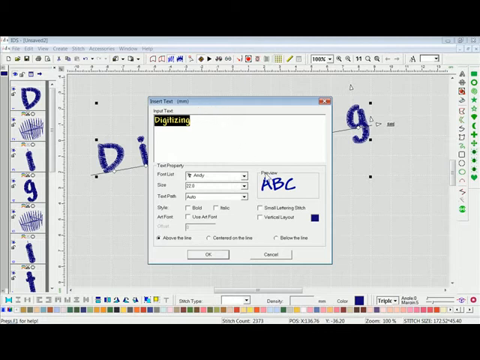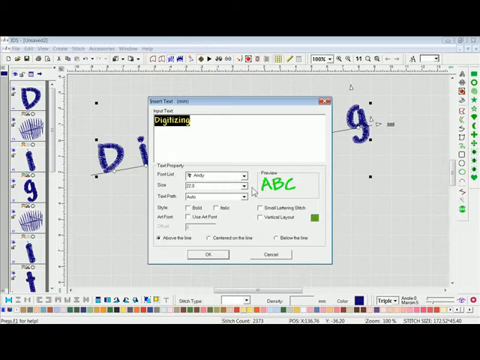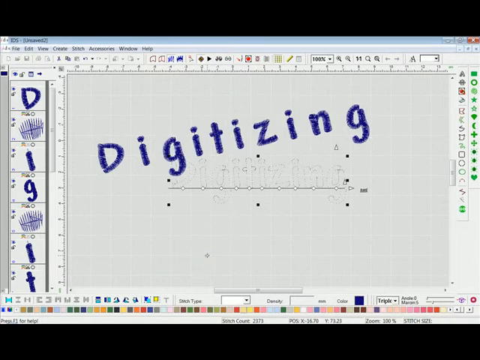For the next baseline, we'll just go ahead and click on Insert Lettering again, and it will do the Insert Text. This time I am going to change the color so we can see the difference in the lettering that we input. And for the text path, we will change the text path from line to an arc. I'll left click to select and left click on OK. Again, it does put it on the best fit automatic text path,